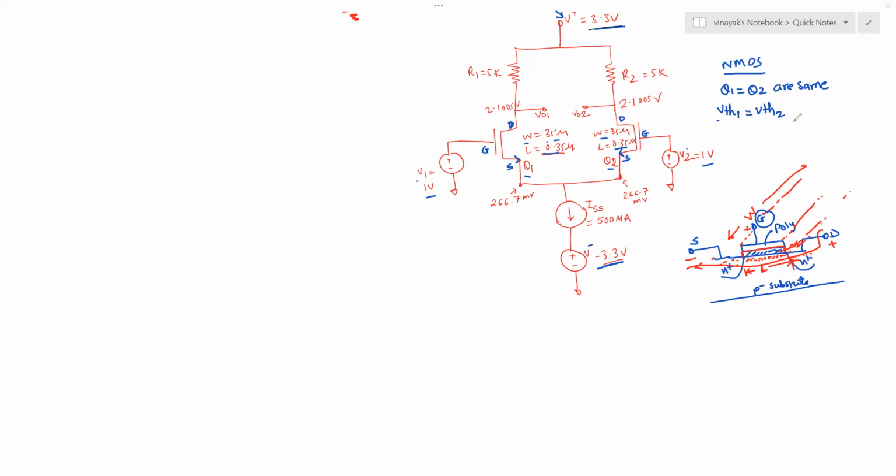Now, this is a differential amplifier, so we want the transistors to be operated in the saturation region. It means the voltage across the drain and the source should be greater than or equal to the voltage across gate and source minus the threshold voltage of the transistors. Should be greater than or equal to. So this is also called VDS should be greater than or equal to V overdrive, where